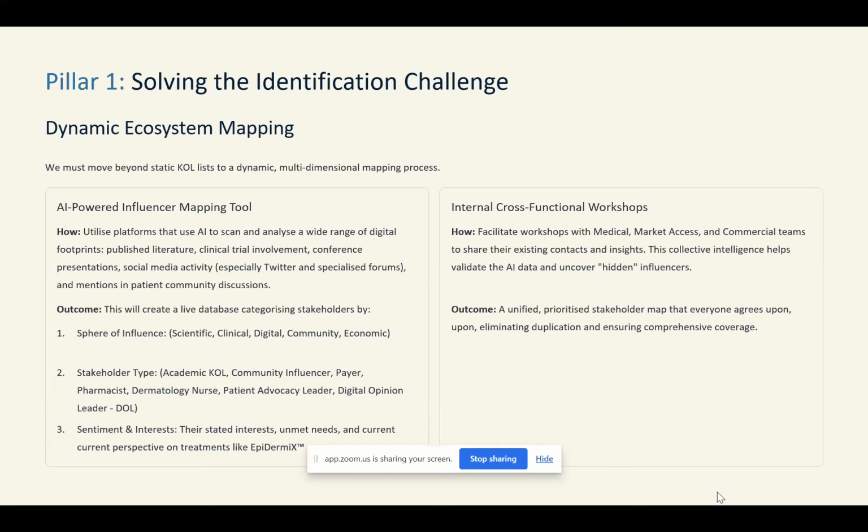Also, it would be very important to have a cross functional workshop. This is also a subsequent question: how will you have alignment with the internal team? So you can initiate a cross functional workshop to align on these KOL mappings. That will help you to have an agreement, as well as differentiate your engagement strategies with the